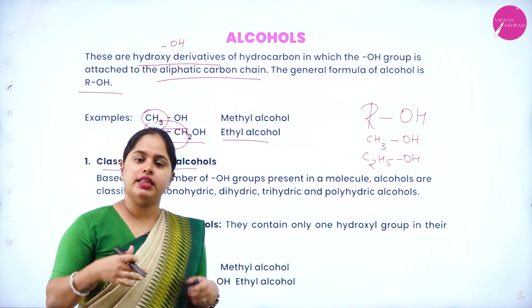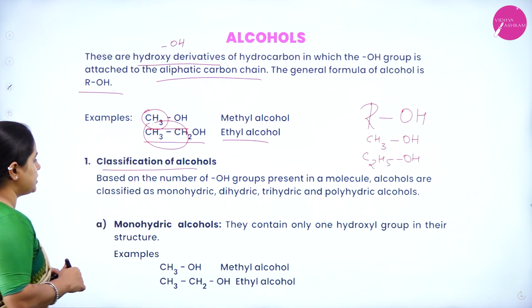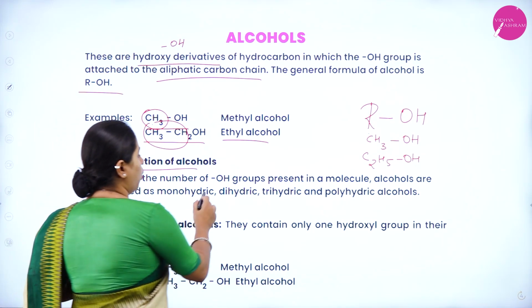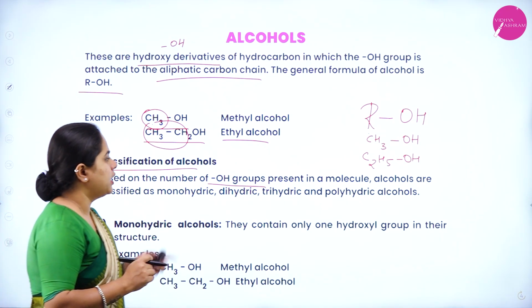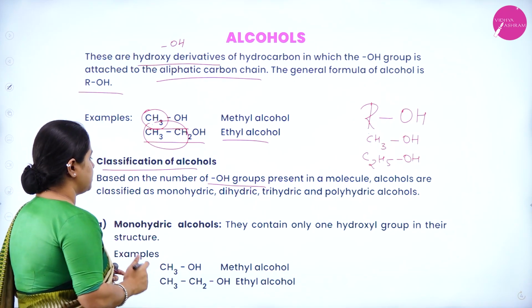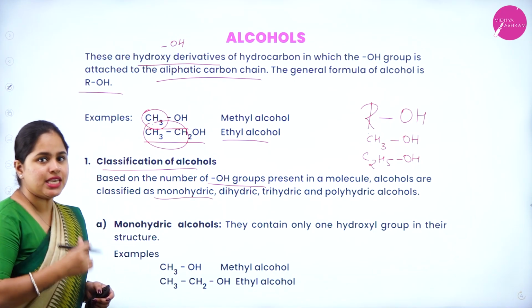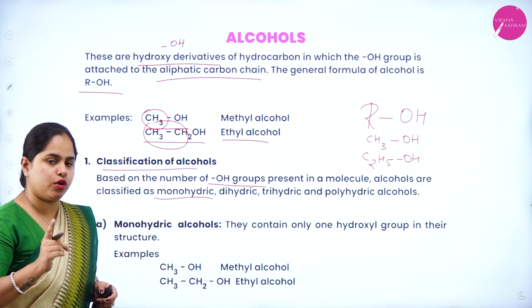So we are going to study the different methods of classification of alcohol. The first one is based on the number of OH groups. How many hydroxy groups are there? Based on that, how many hydroxy groups are present in a molecule, alcohols are classified as monohydric. That means in that particular alcohol, only one OH group, or one hydroxy group, will be there,